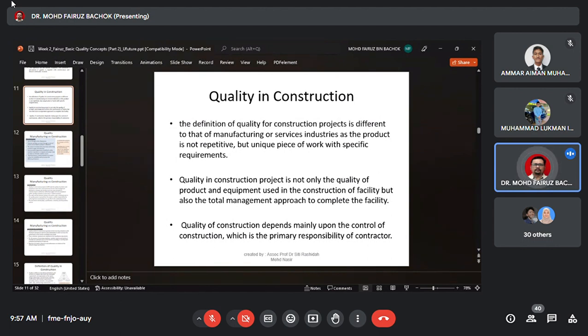So that is why construction faces a difficulty in producing the product compared to mechanical or electrical engineers, especially mechanical engineers, because they produce the product at the factory, produced by machine. But human is different. Human is not a machine. If the house is built by a robot, then we can say it is a repetitive product. But if it is built by humans, we cannot say so.